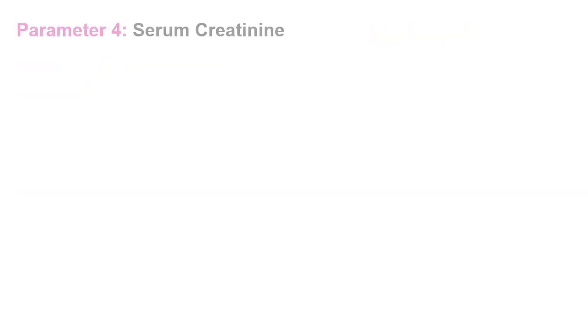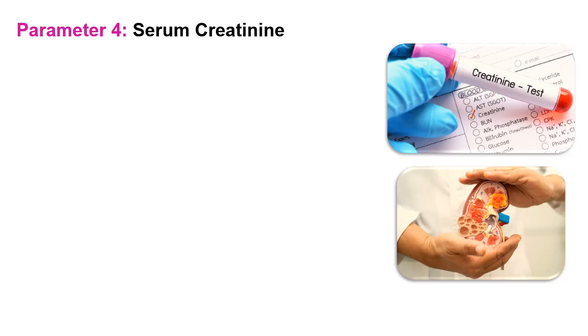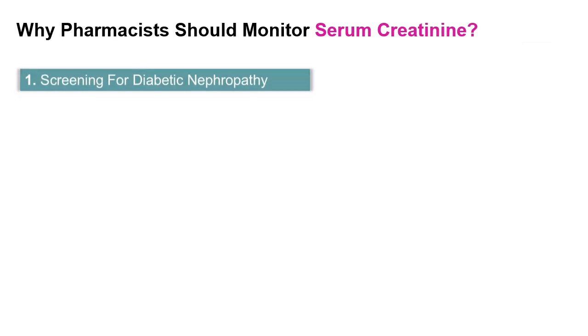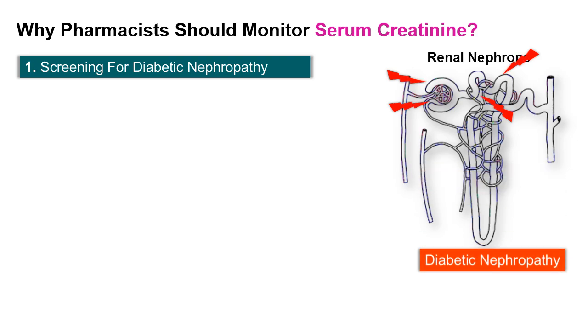Now let's move on to the 4th important laboratory parameter, serum creatinine. Serum creatinine is a key indicator of kidney function. In patients with diabetes, regular monitoring of renal function is extremely important, and pharmacists should remain particularly vigilant about this parameter for several reasons. Number 1. Screening for diabetic nephropathy. Chronic hyperglycemia can damage renal nephrons over time, leading to diabetic nephropathy, a major microvascular complication